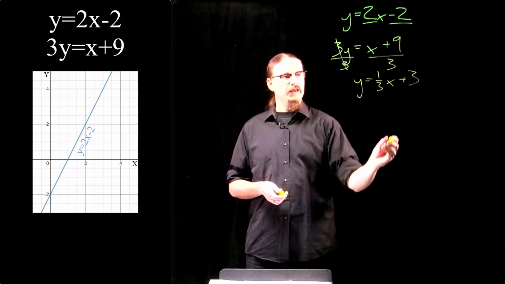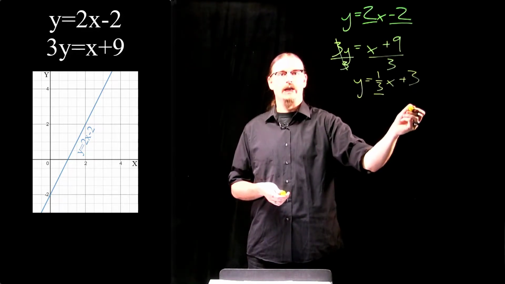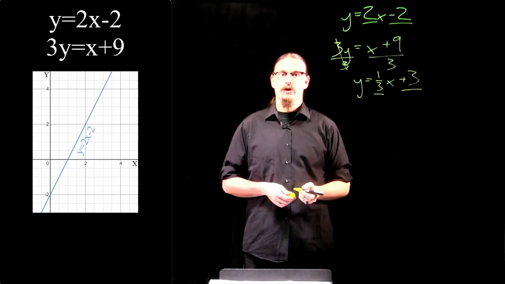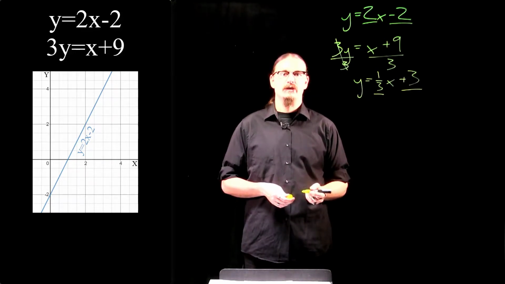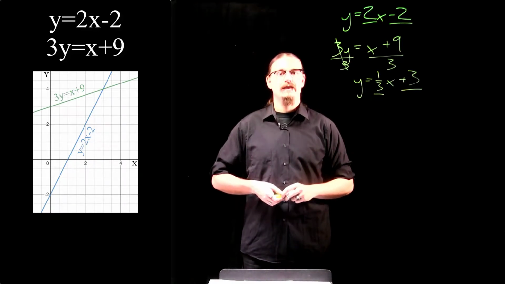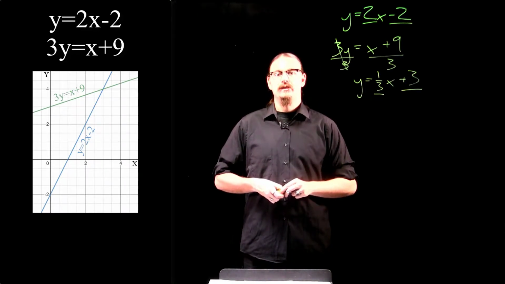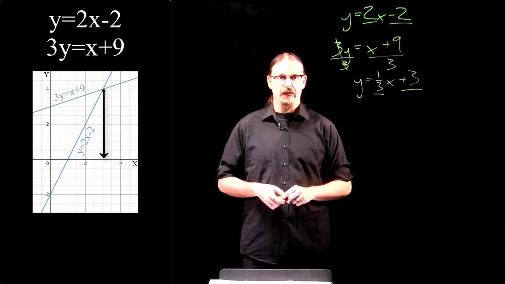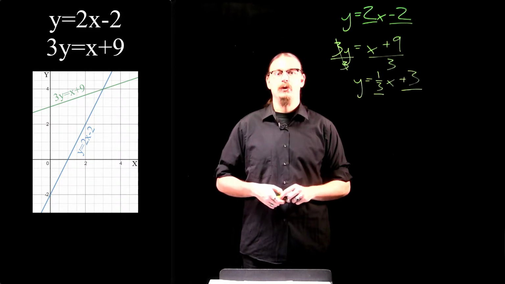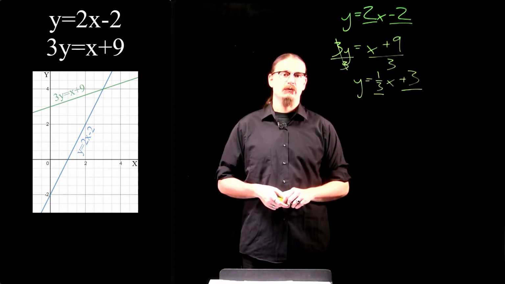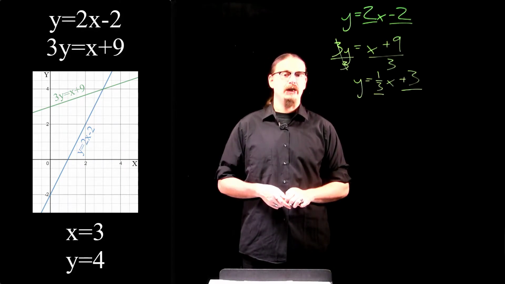Now with that, we can easily see our slope is 1/3 and our y-intercept is 3. Using that information, we can then plot that equation as well. We get the second line on our set of axes that looks like that. Now those two lines cross each other at a single place. If we follow that intersection point down, we can find our x value is equal to 3. If we follow that intersection point to the side, we can see that our y value is equal to 4. Thus giving us the solution for the system of linear equations of x equals 3, y